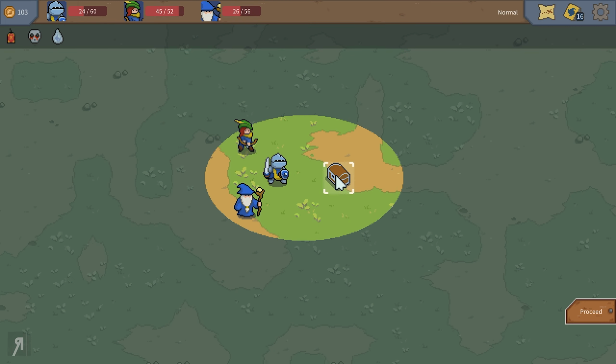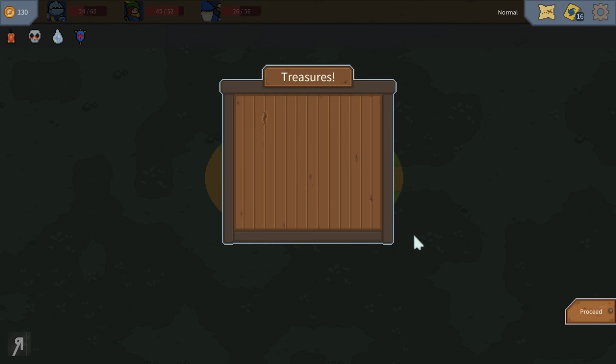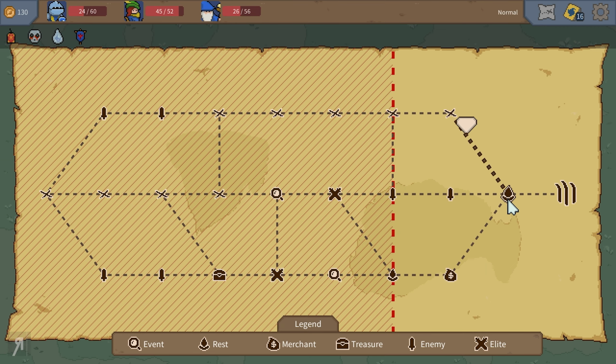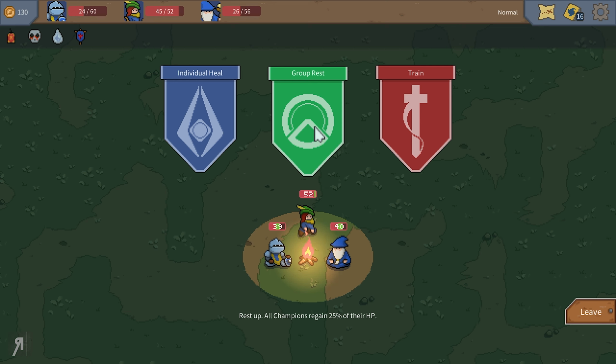Yeah, okay. We're just going to go here and get the treasure chest, and that's going to give me another relic. Oh, that's amazing. All champions start combat with 7 armor. Yeah, thank you very much for that. Okay, so that's great. And as I said to you before, we're probably going to be going for the 25%